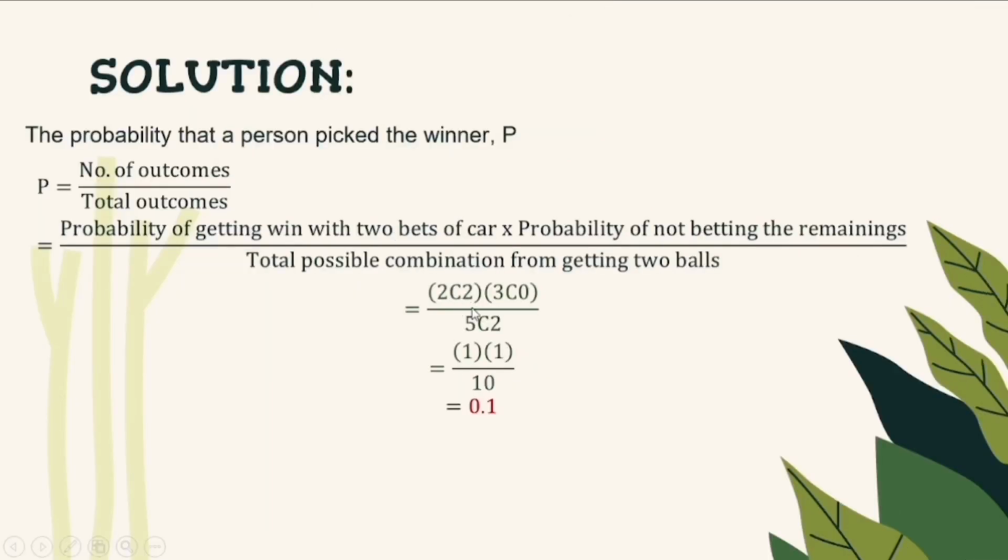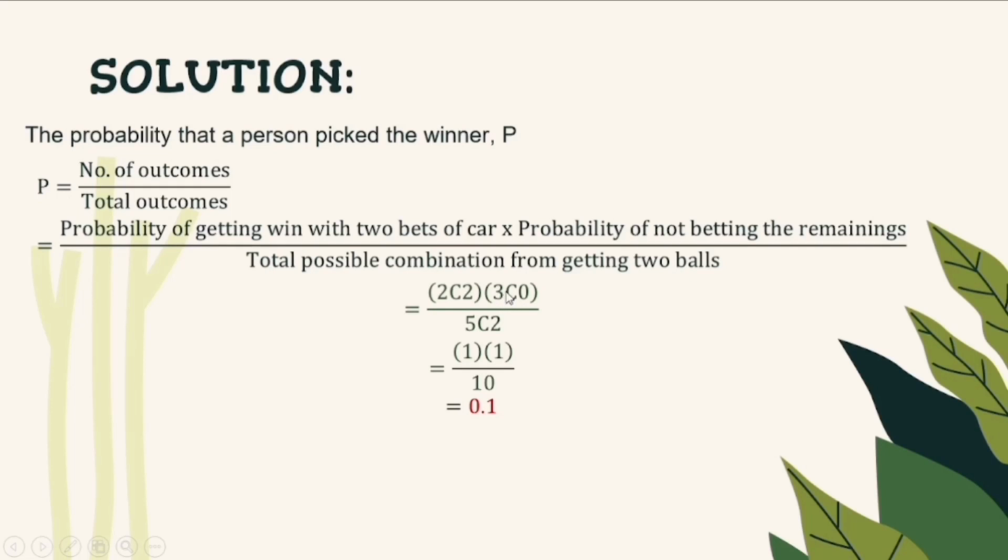So 2C1, let's start here. Five. In five cars you can choose only two random cars. So that's the combination of 5C2, and 2C2, or 2 combination of 2, represents that he is 100% sure that he can win using the two tickets or two bets on the cars. That's 2C2